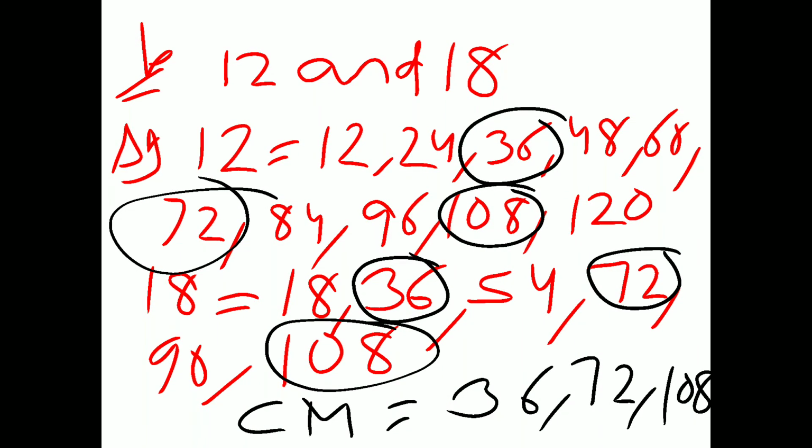Clear? In this manner we will find out the multiples. In multiples, students, we write down the table, and in factors we see in which table that number comes. After that we find out the common multiples and factors. Which number is present in all the 3 numbers, we write it as common multiples and common factors. Clear? So I hope you understand, and you will complete question number 4 of exercise 3.3 on your own. Clear? So thank you and have a nice day.